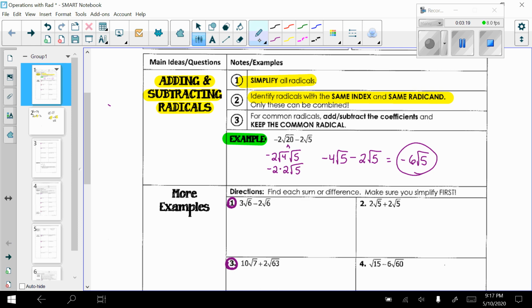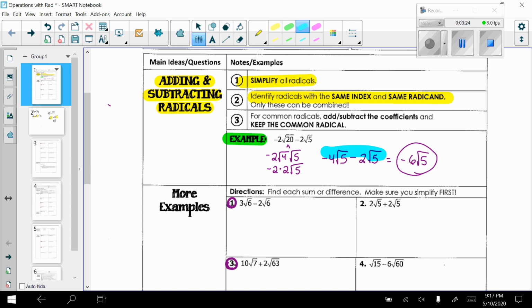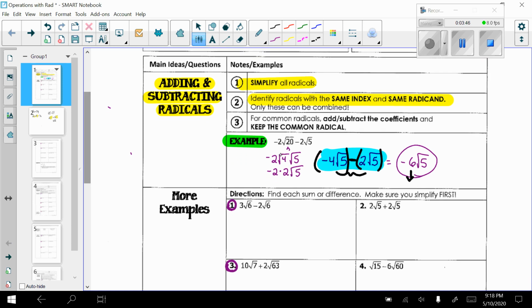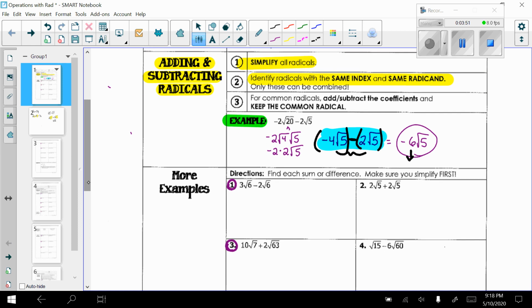You can definitely put this into your calculator. Maybe you might want to use parentheses around this term and then subtract this entire term. And then whatever number you get for this, it should be equivalent to this when you simplify it. So you can always use your calculator to check your work if you want to. All right, so that is a moderate type of problem. I did have to simplify one of the terms in order to combine them,